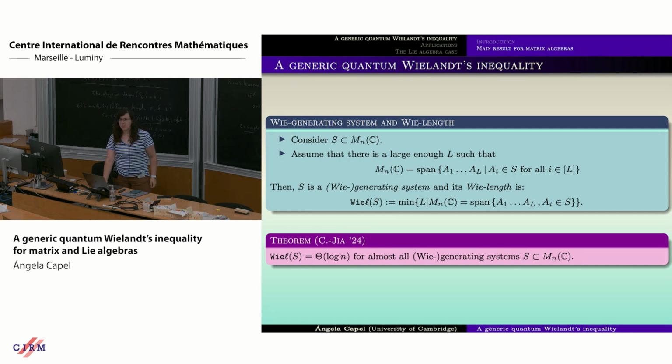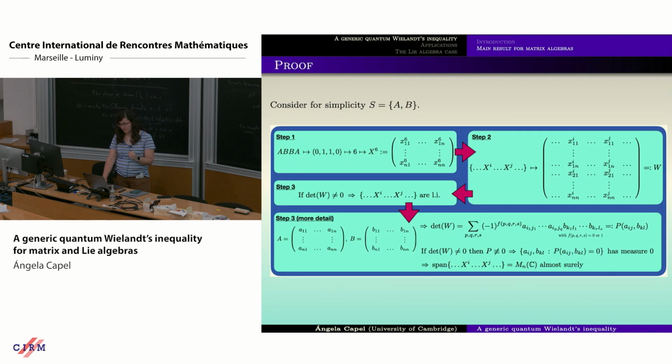And what I'm going to do now is sketch the proof. So the proof, as we do it, is very, very simple. But actually, that is because we are hiding that the main technicality of the proof was already done in a previous paper of other authors, for which we didn't have to do anything, of course. Here we only had to reinterpret it. And essentially, the proof can be summarized in the diagram that I'm writing here. First of all, the result holds for any collection of matrices. But for simplicity, we are going to restrict to the case in which we have only two matrices, A and B. And now we are going to go step by step.